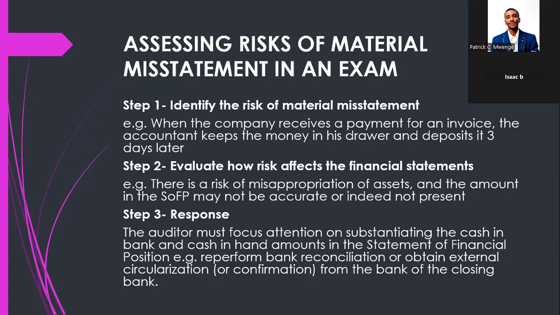Then two, you evaluate how that risk affects the financial statements. So sometimes it can be a business risk. So you say maybe the industry is very competitive, right? So you tell the examiner the industry is very competitive, and there's a chance that the company might have low profits due to the high competition. And when a company has low profit, it means they will not be able to meet their long-term and short-term obligations, which means it's going to affect the going concern of that particular company and the chances that it might go out of business,